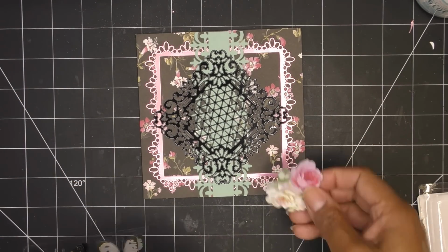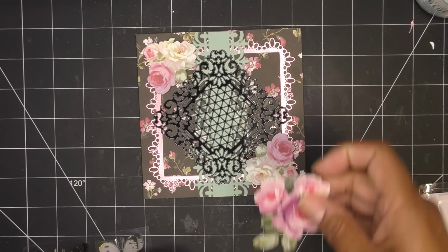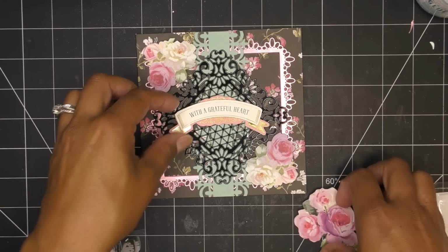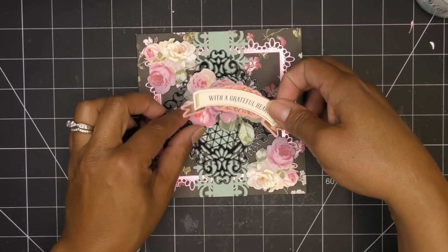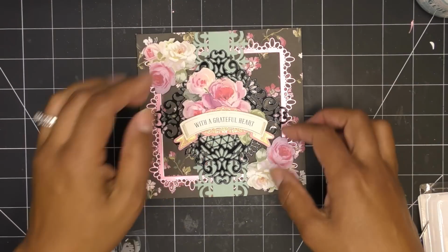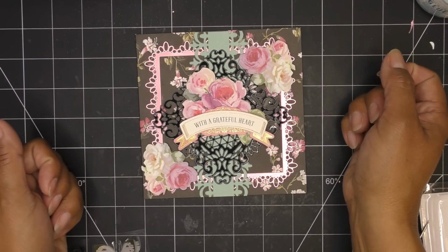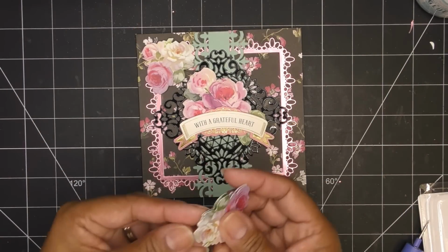And okay, so we have these flowers that I was thinking maybe I should pop here and here. We will see. And then I grabbed another little flower because I feel like if I just put this here, it's very plain, like in the inside area. So I was thinking about just kind of popping that there, just so it has something else, and that'll make me happy. And then there's gonna be like a butterfly over here. So again, I mean, if you wanted to, that way's pretty too. It's very symmetrical this way for some reason. I don't know, something about it rubs me the wrong way. So let's